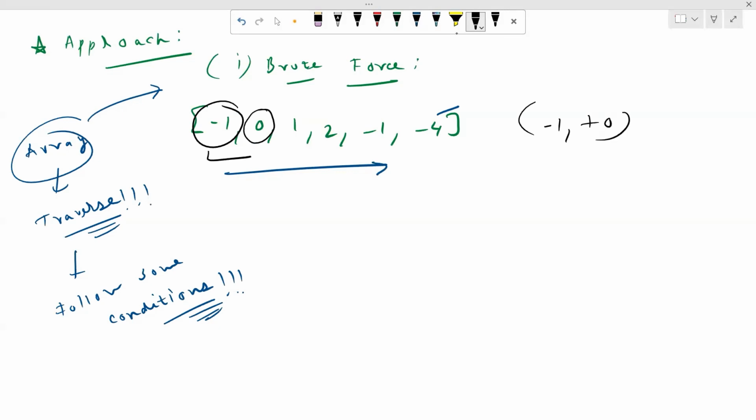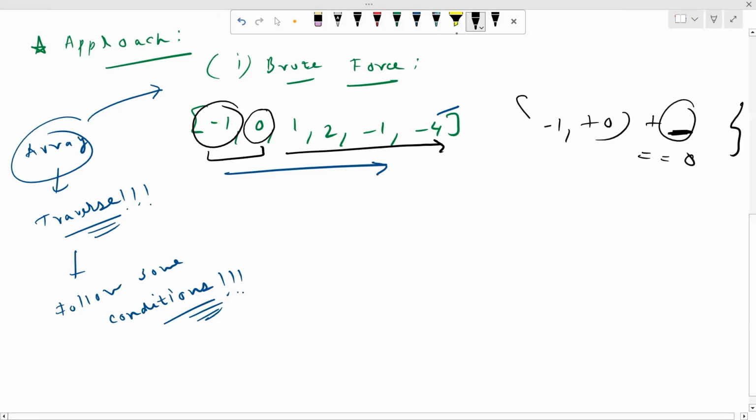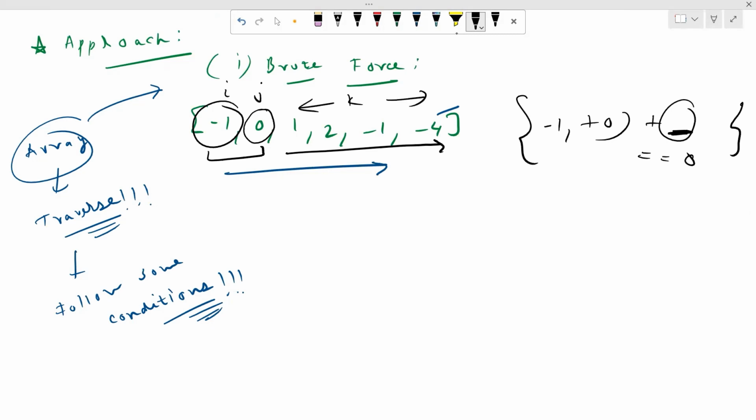Then we'll traverse over the remaining part of the array to find the third number, which will give us the result to be 0, right? Let's say this is i, this is j, and we need to figure out k from the remaining part of the array. And again, we'll do the same thing for the next two elements,